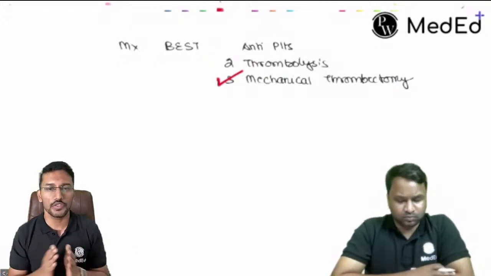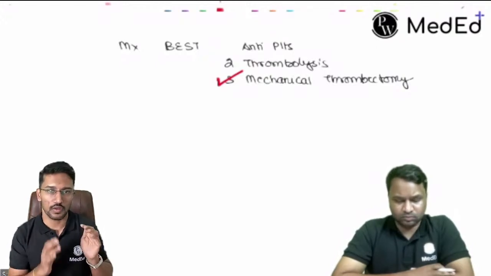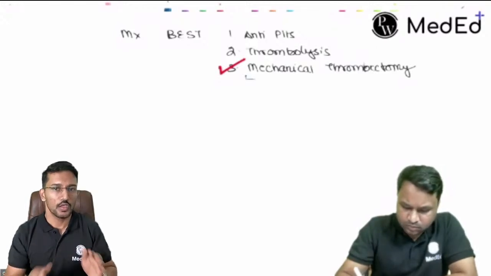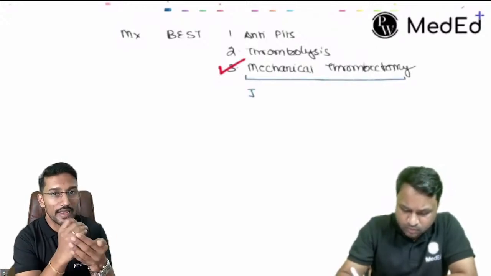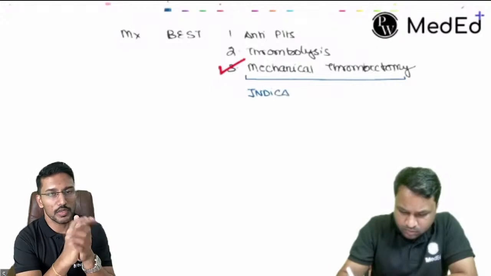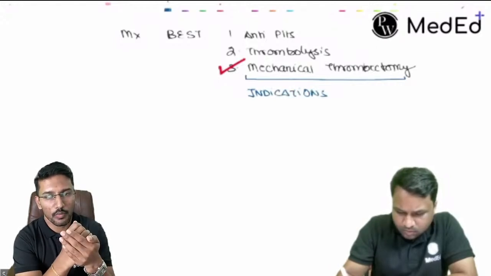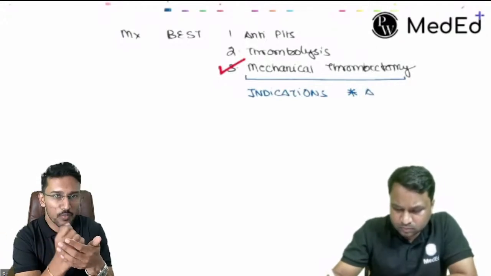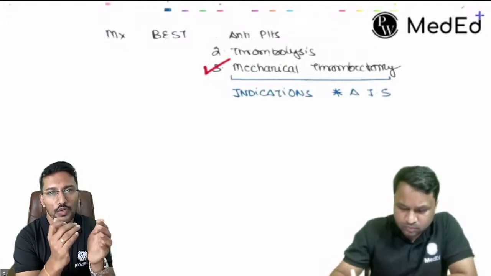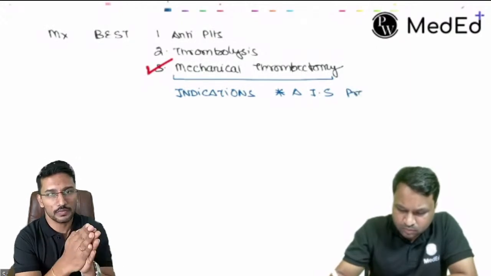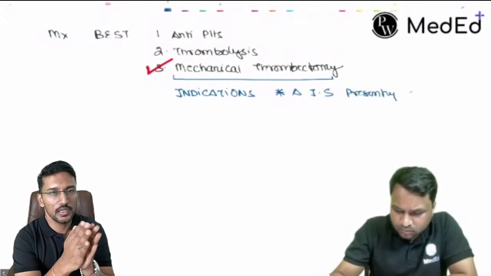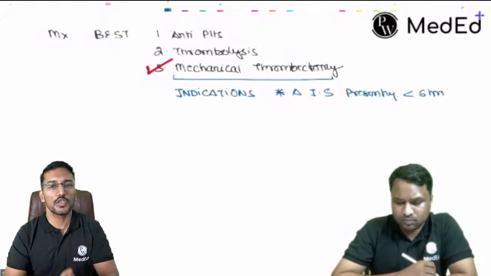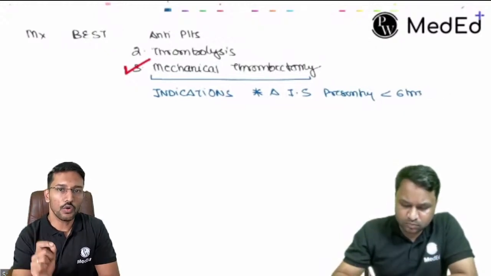But to help the patient, we should know what are the indications. Where is it beneficial? Best treatment is mechanical thrombectomy. So first, let me begin with the indications for mechanical thrombectomy. The indications for mechanical thrombectomy are: number one, a patient with acute ischemic stroke presenting within 6 hours of the onset of symptoms, where the acute ischemic stroke is due to occlusion in a